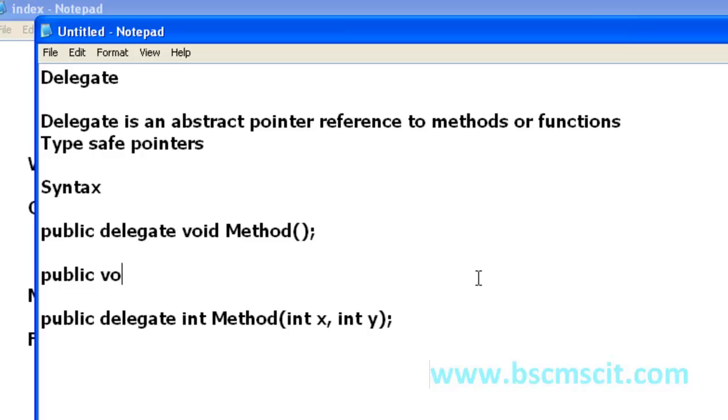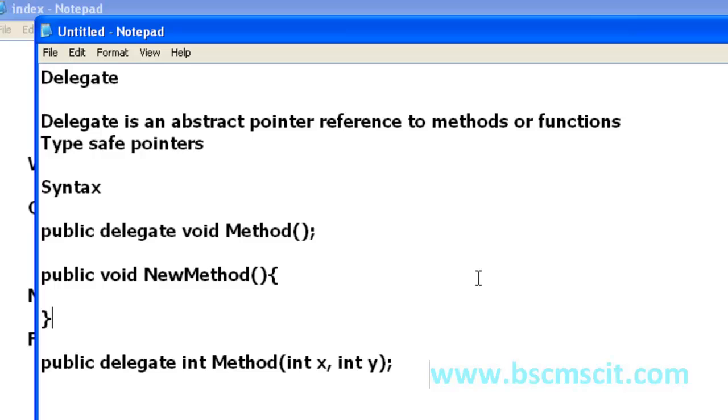Public void new method. Now this new method exactly matches this signature. Now let me do it for the one below. Public int add(int z, int d), return